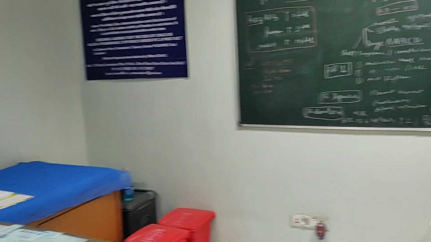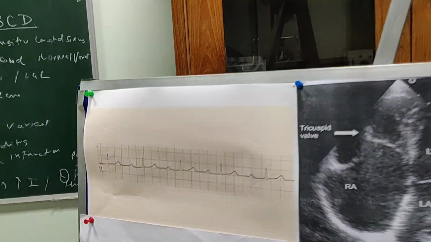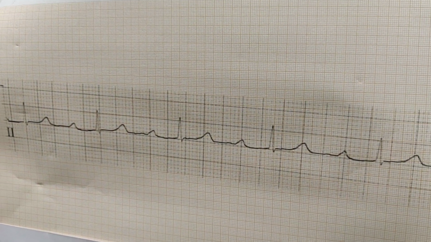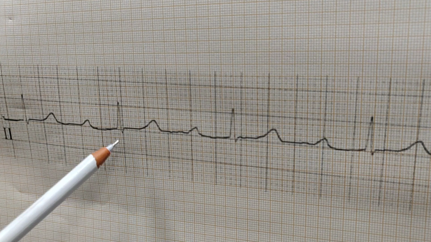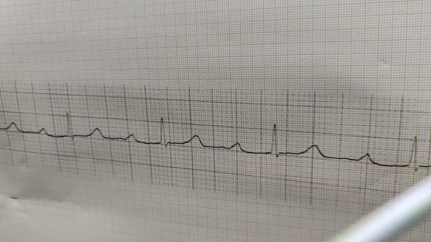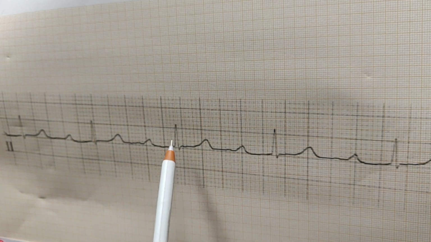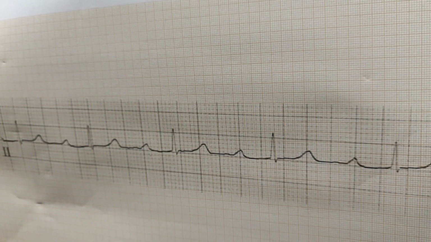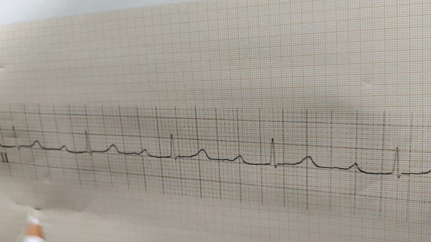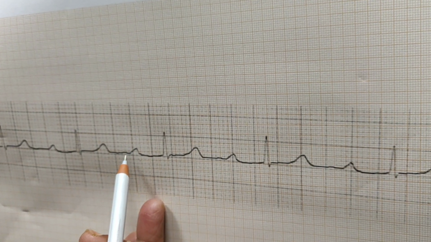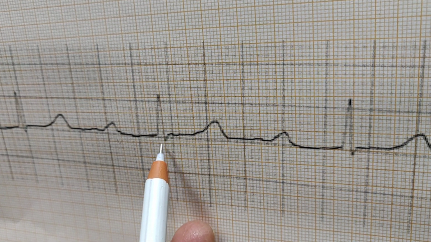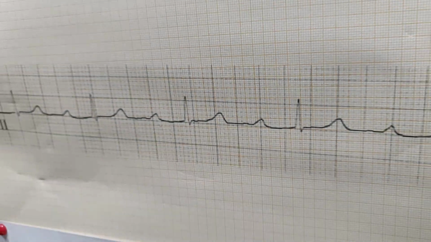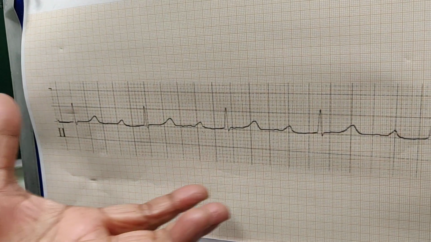Now I am going to show you some ECGs, because this is after all an ECG class. If I don't show ECG, the exercise will be futile. Now this is a simple first degree AV block. It is naturally at the level of the AV node because the QRSs are narrow, and you can see this is the P wave and this is the QRS, and there is a long PR interval. Normally it should be just 5 small segments maximally. Here, if I calculate from here, this is more than 5, this is 6, 7, 8, 9, almost 10 small segments in between, right? So it's a big first degree AV block.